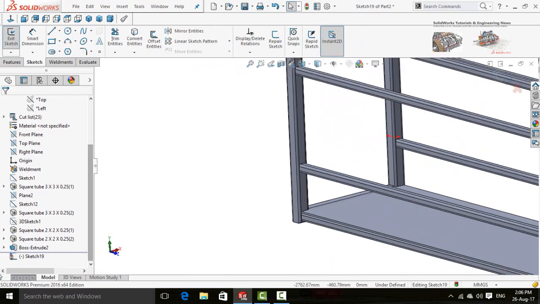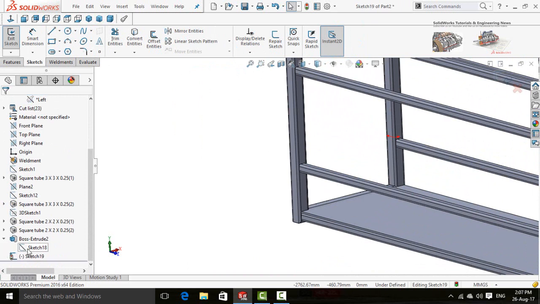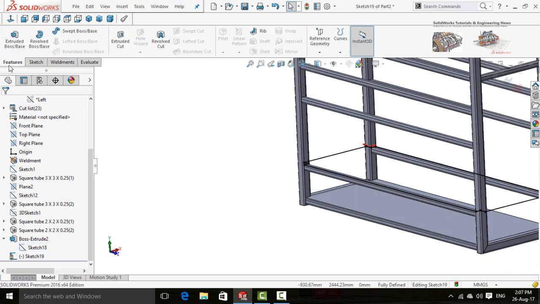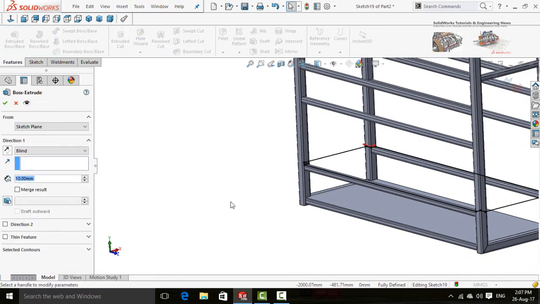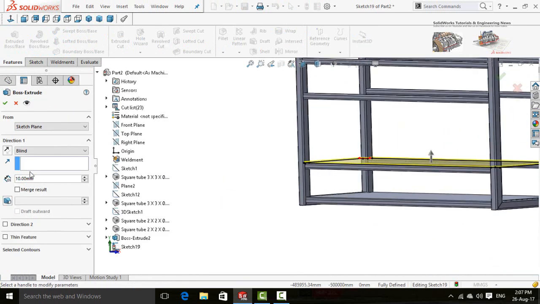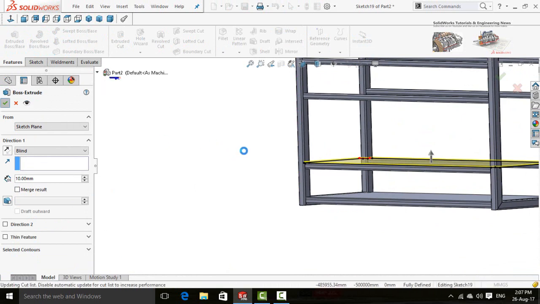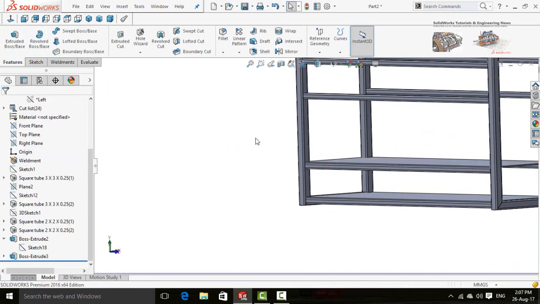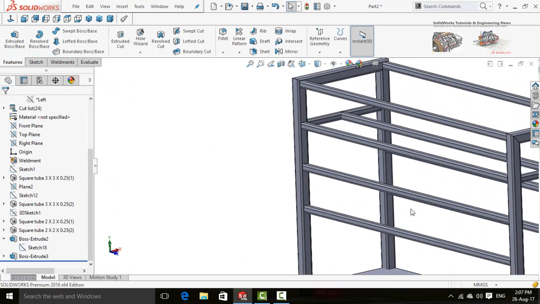Scroll down and click on this arrow boss extruded to and then select this sketch. Now press convert entities. In the features tab, click on extruded boss base command and the settings are the same. Press OK button. Same process for both of these shelves and also for this shelf.